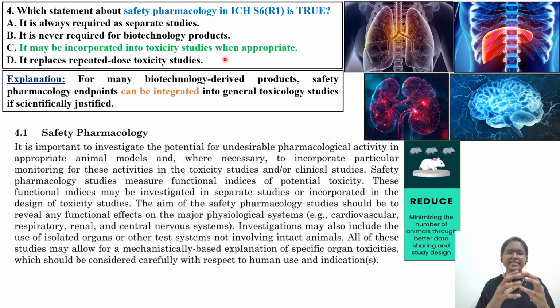So what the ICH S6(R1) guideline, or the addendum, says is that the original came in 1997 and now it is 2011. These guidelines always try to incorporate the 3R principles as much as possible. One of the main pillars of the 3R principle is reduction of as many animals as possible, so that we can use fewer animals and get the same information. So the guidelines suggest, and toxicologists and regulatory agencies say, that you do safety pharmacology whenever you are doing general toxicology, that is the repeat dose toxicology study. During that phase of the study, with those same animals,